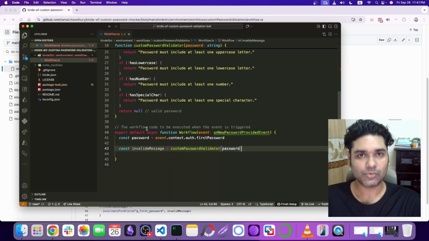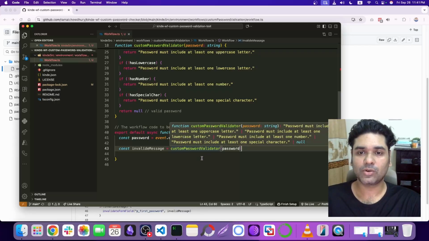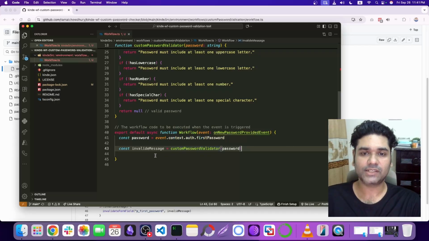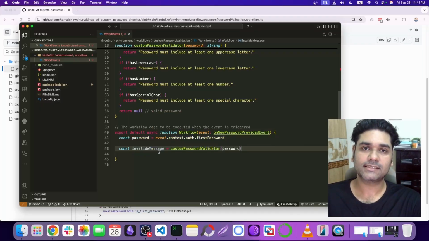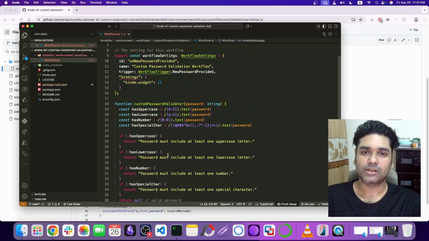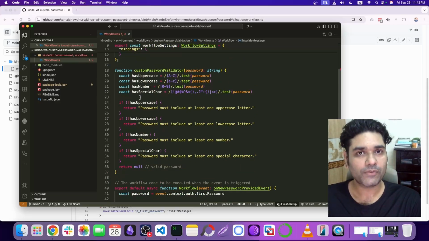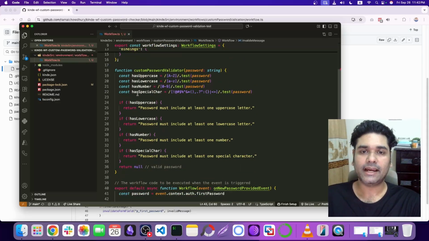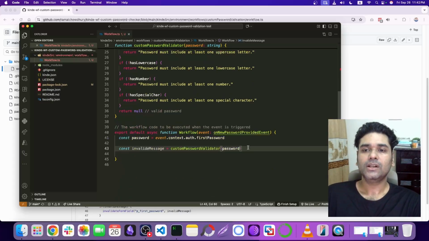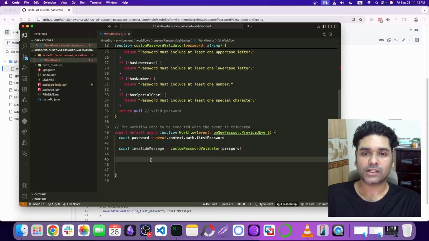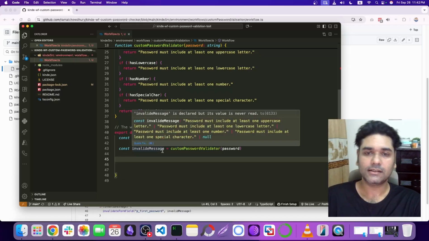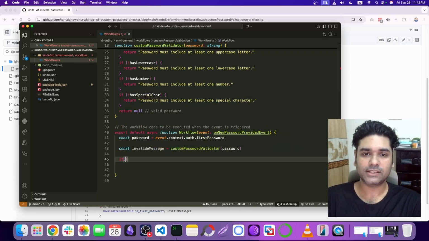So every time someone enters a new password, it will go through the custom password validator and it will show either an invalid message or null. So null means that the password is good. So you can build on top of it and you can add your own custom password validation logic over here. Now that you have the invalid password check over here, the final thing you can do is